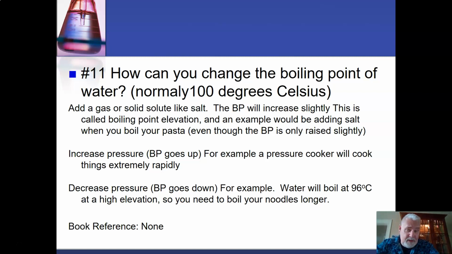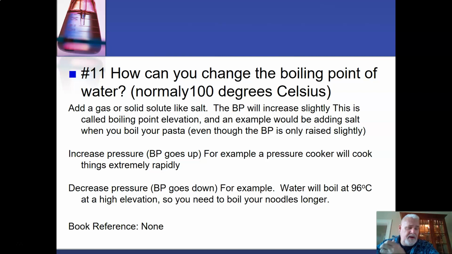Now, also increasing the pressure will really get that boiling point to go up. A pressure cooker, they're kind of all the rage now, cooks your food a lot faster, because if you keep that pressure, the boiling point can really shoot up. You can get a lot higher than 100 degrees Celsius in there. And then also if you decrease the pressure, the boiling point will go down. An example of this